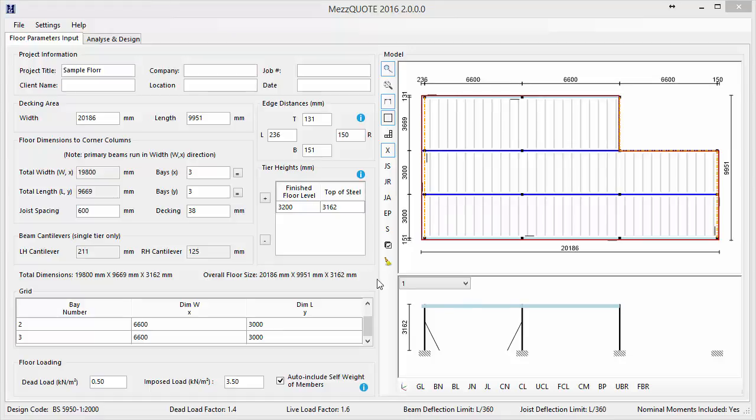I just noticed a couple of things that I didn't do correctly before. I just set my finished floor level to 3.2 and I set my live load to 3.5, so that's all correct now. It's important to note that you can come back into this page at any stage and make changes